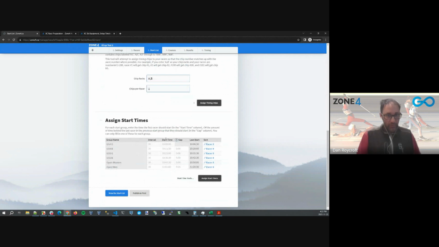And again, I'll get a nice grid that I can work with. And I can say, okay, U14 girls, yes, I'm going to start them off at 10 and 30 seconds. But between the girls and the boys, let's say I actually don't want any gap at all. So I'm just going to leave that. Let's put a 2-minute gap for the males. And U16 girls, we need a bigger gap here. So I could either put in a gap here of, let's say, 10 minutes,